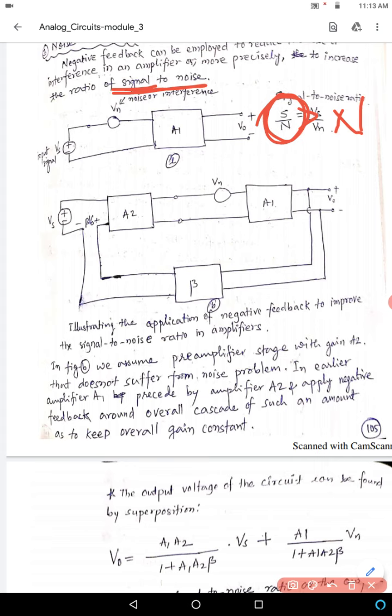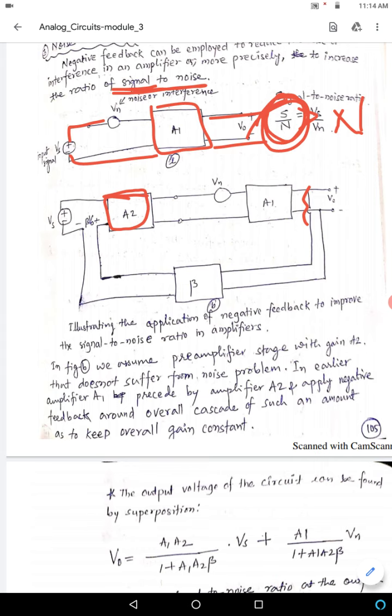Normally we are using an amplifier, we are providing the input and we are obtaining the output. Here the noise will be more. To reduce the noise, we are using one more amplifier to compensate, that is to make a constant output voltage. We are using this so that it will maintain the constant SNR ratio, as explained in this diagram.